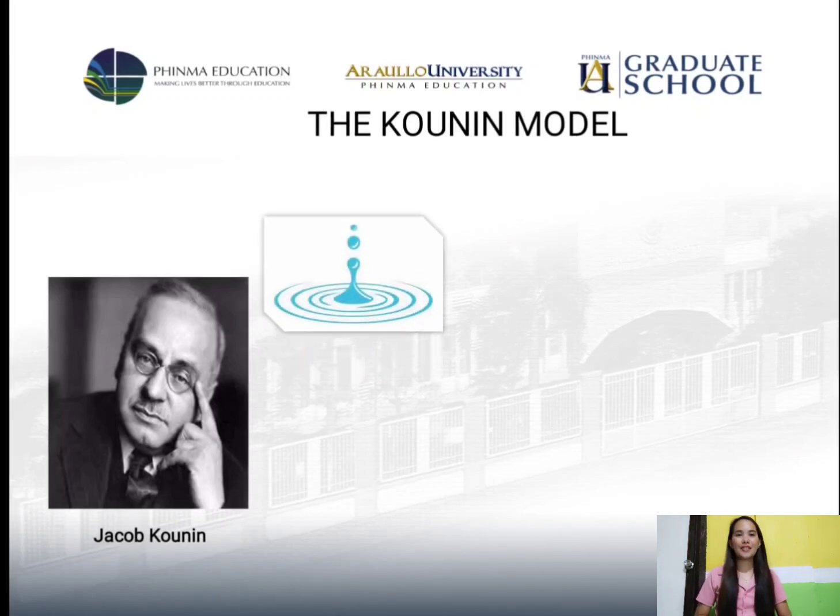First, we have the ripple effect. According to Koenen, when a teacher corrects the misbehavior of one individual student, this often positively influences the behavior of other nearby students. It is also called the ripple effect. It is more significant when the teacher names the student's unacceptable behavior and explains why the behavior is inappropriate. Okay? It will be passed to other nearby students without the teacher saying it. It will automatically have its ripple effect inside the classroom.